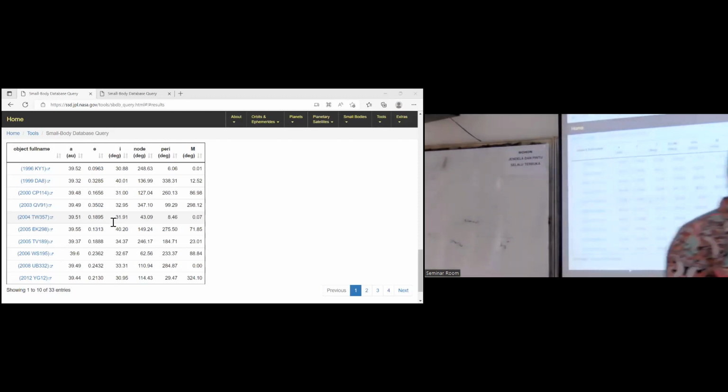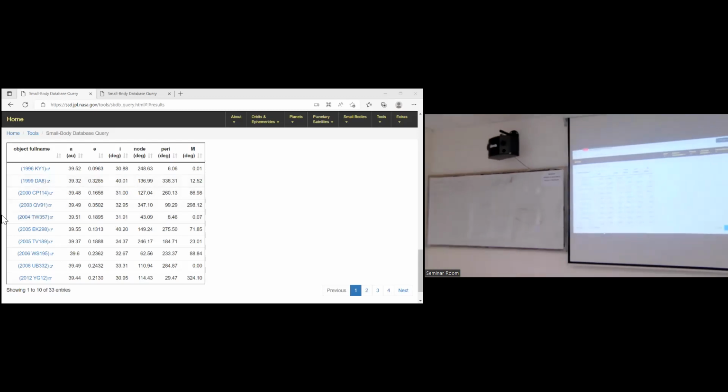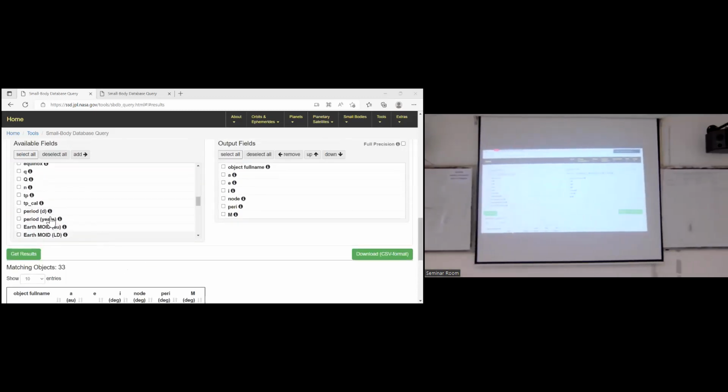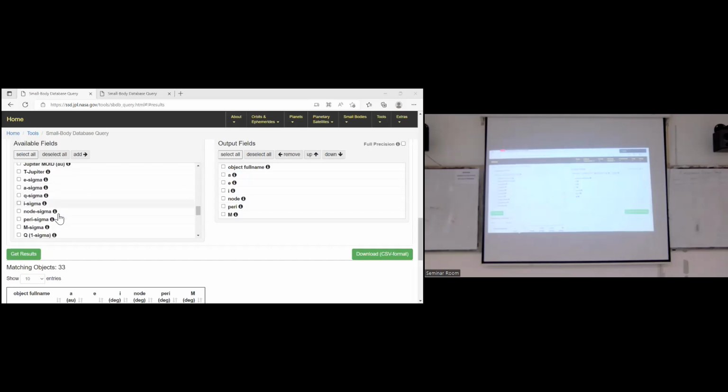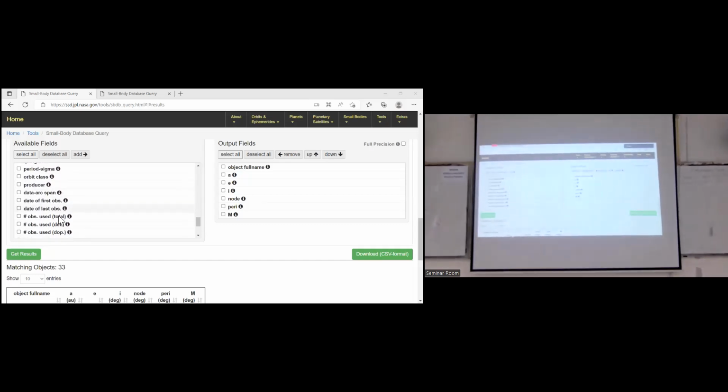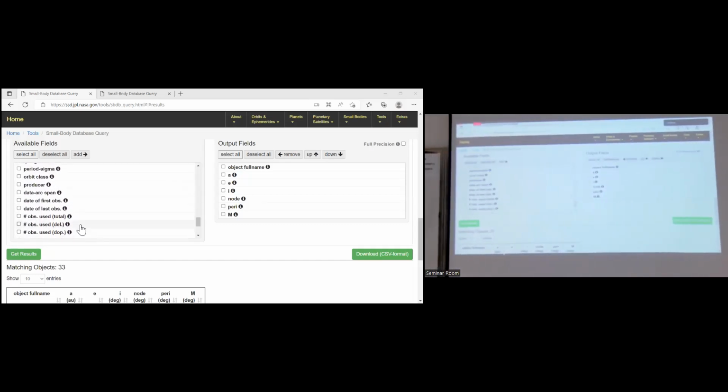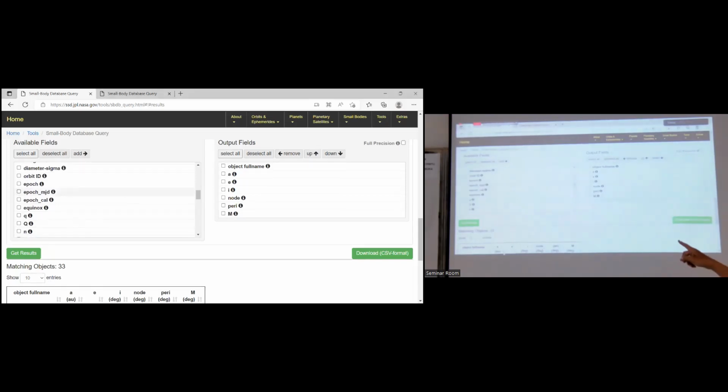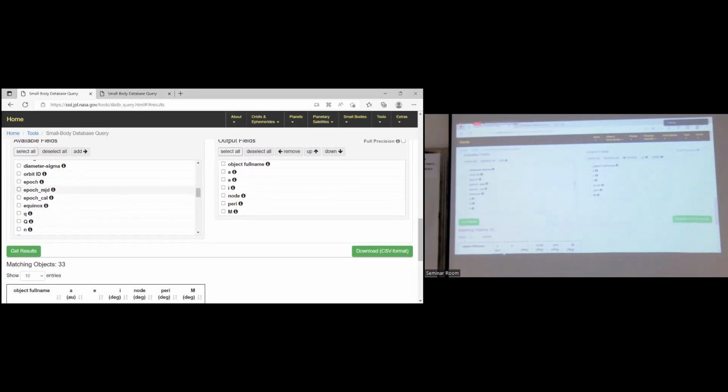You should put another constraint, epoch. There are 3 epochs. For the sake of simplicity, just click this one or this one.